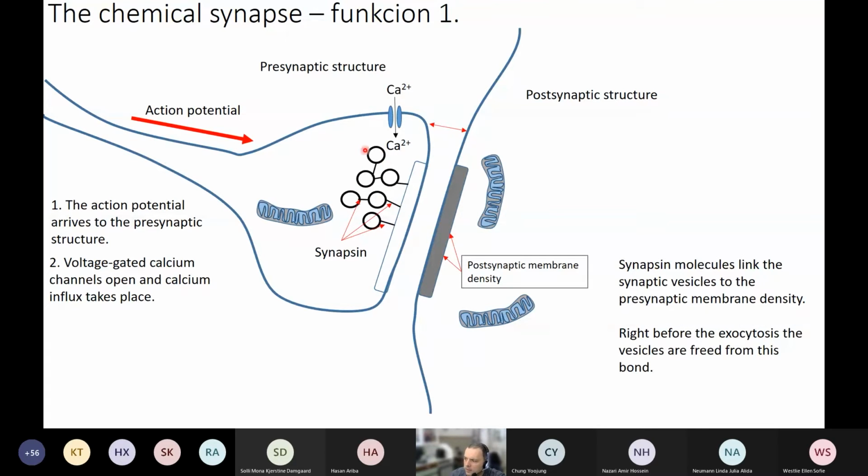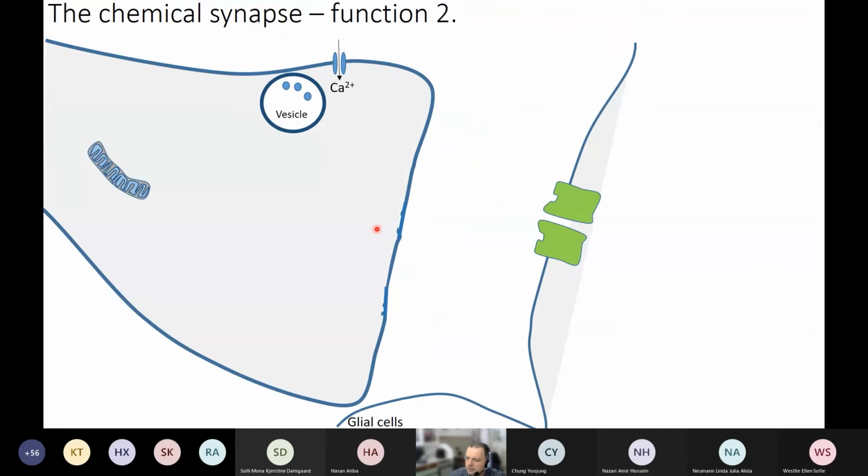And if we would like to release the neurotransmitter content of these vesicles, we have to free them from this synapsin connection. And this happens, and then the chemical synapse can release the substance. How does that work? This slide is about the